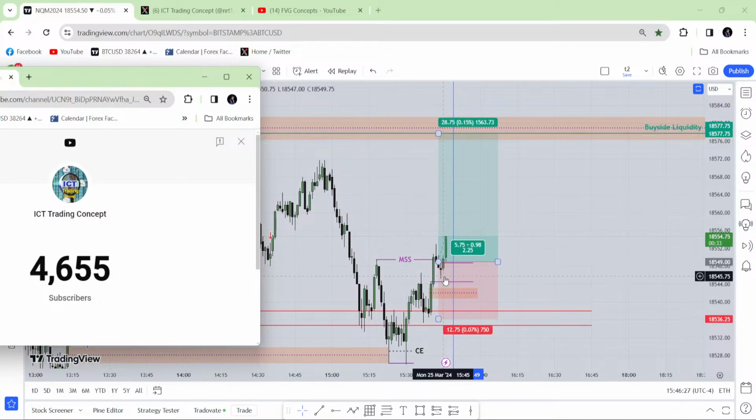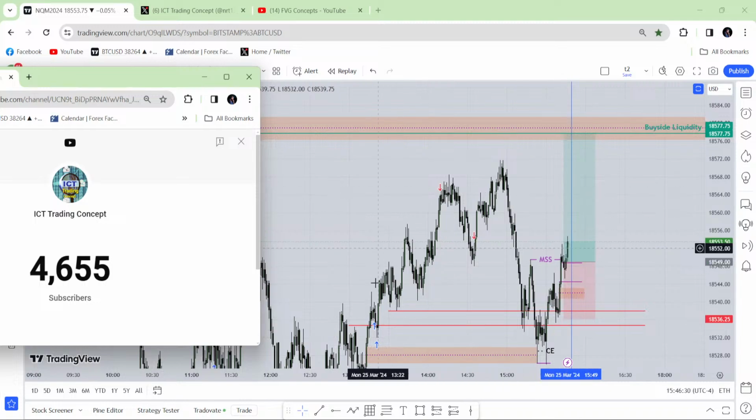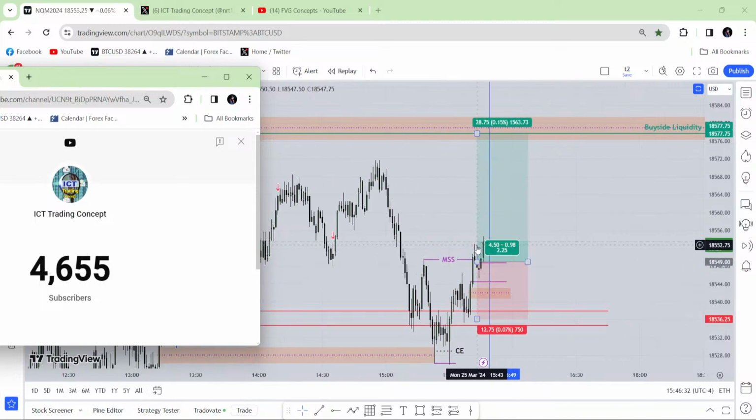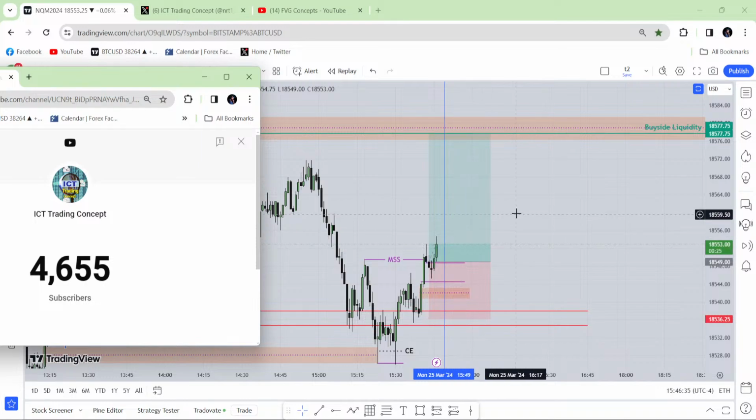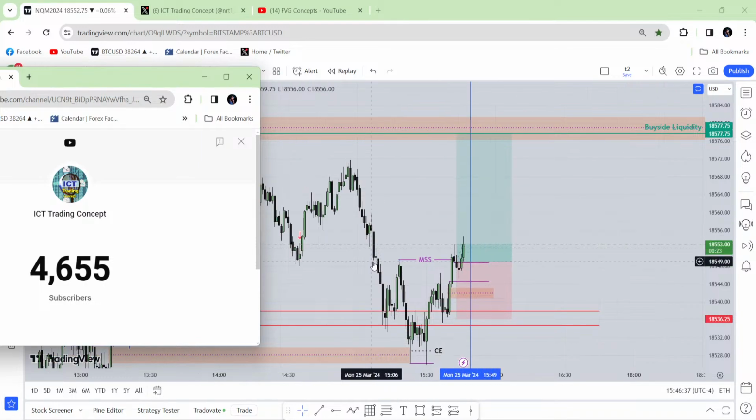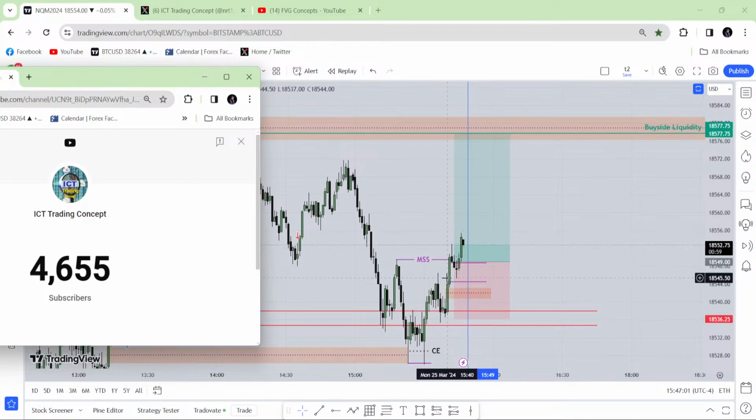I'm not interested in taking the entry as I have already taken so much profit. I'm already profitable, and the market is very near to closing. I'm not interested in putting my profit on the table again. Anything can happen after 3:49, and I don't want to take a loss or the risk right now. This is the only setup I'm seeing today, the perfect A plus plus setup.